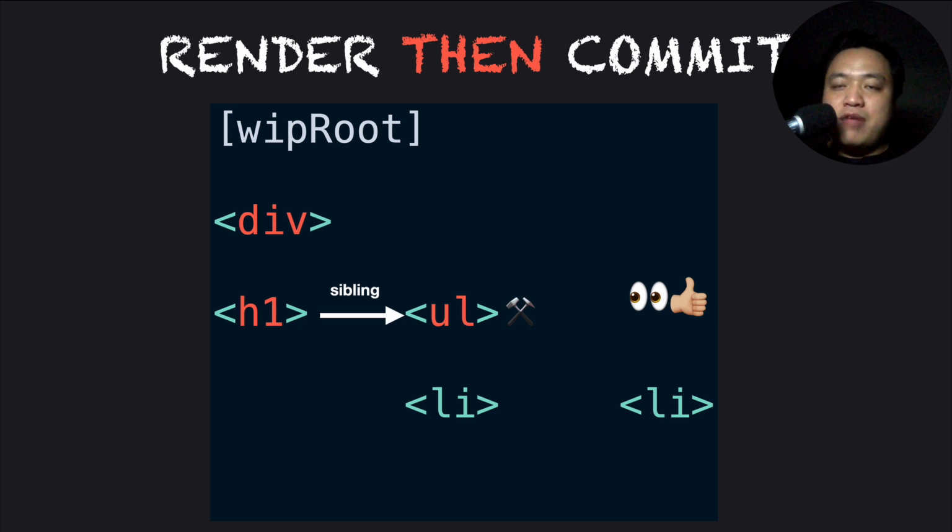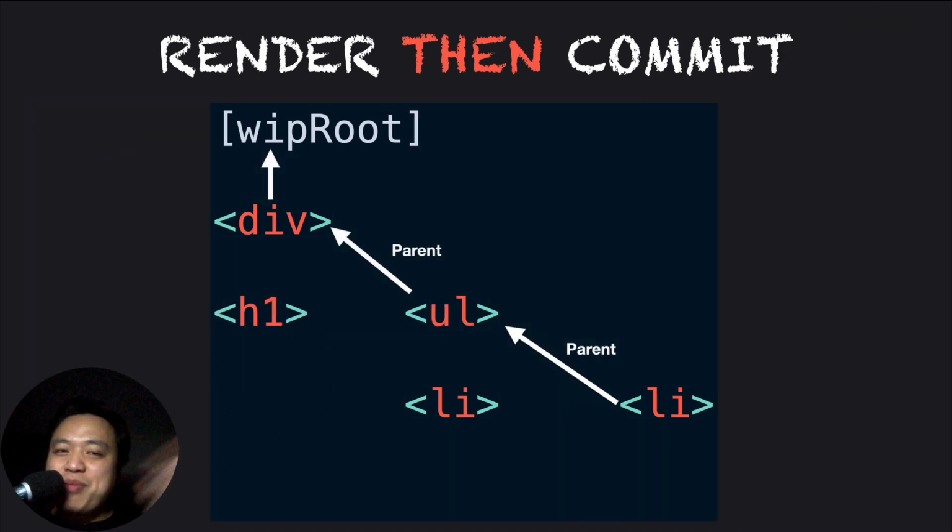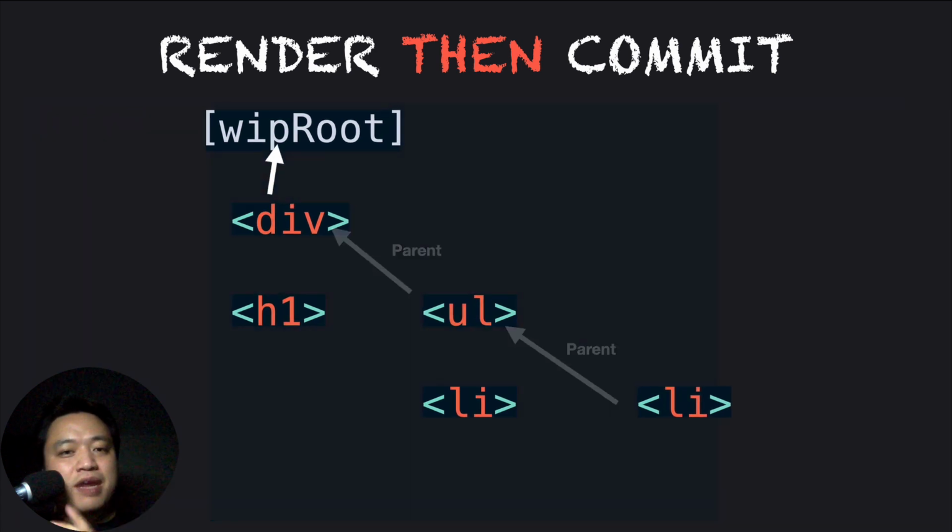And meanwhile, if any user comes along, we haven't committed to the DOM yet, so it's still good. It still looks like the old version. And all this changes and diffing is only happening in the background on the virtual DOM. Then we'll head to our child again, and then we'll head to its sibling. And when we've run out of children or siblings or aunts and uncles, then we can recurse all the way back up to the root. Now that we know there's no more reconciliation work to be done, we can actually commit everything to the DOM,